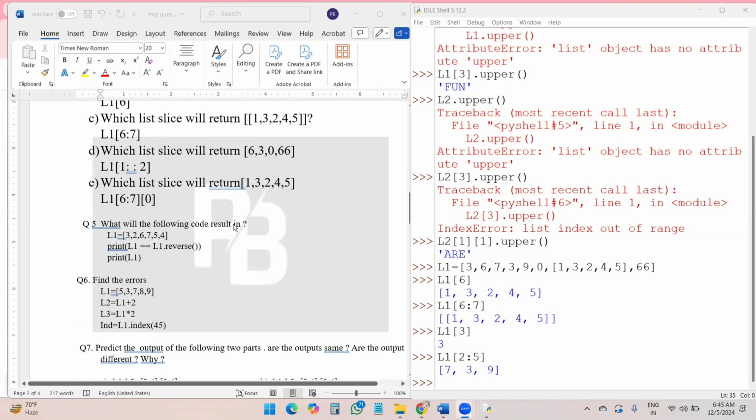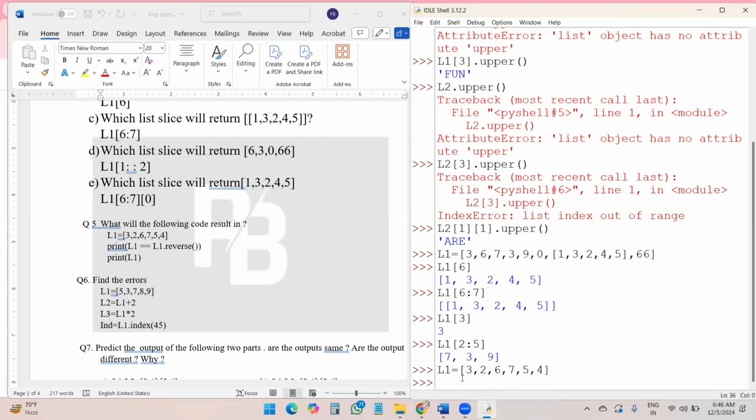Okay, students. Now, move to the next question. What will the following code result in? Now, what is the meaning of this, students? Let's check the example ideally. L1 is equal to 3, 2, 6, 7, 5, 4.